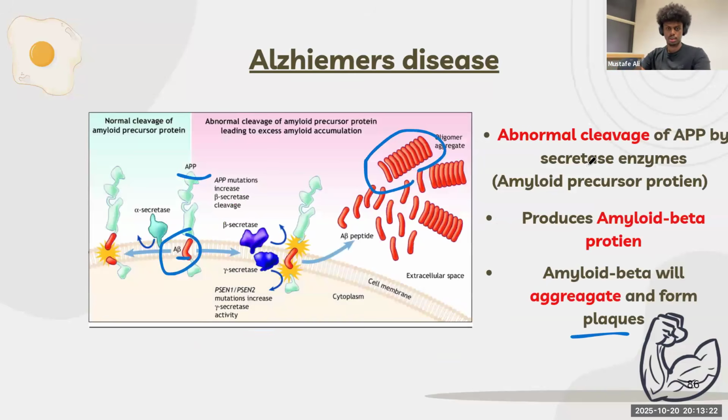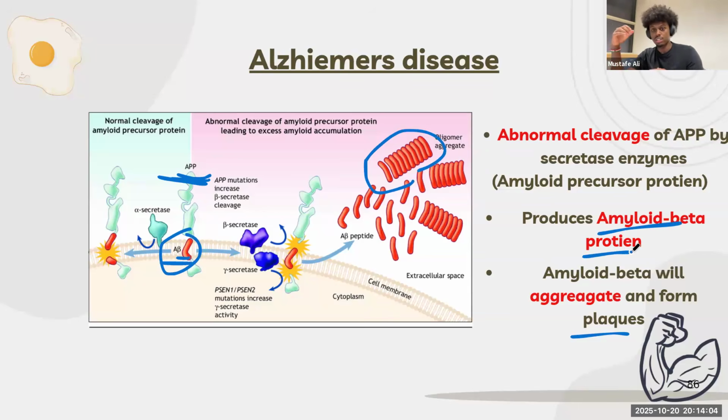Okay, to repeat this one more time for the amyloid plaques, yes, exactly. Thank you, Mohammed. For Alzheimer's disease, there is the secretase enzyme, which is supposed to cleave or break down this APP protein. Now, in a person with Alzheimer's disease, this secretase enzyme is abnormal. It's weird. And because it's abnormal, it will cut this APP in a weird way. And because it cuts it in a weird way, it leads to this fragment called the amyloid beta protein being released.